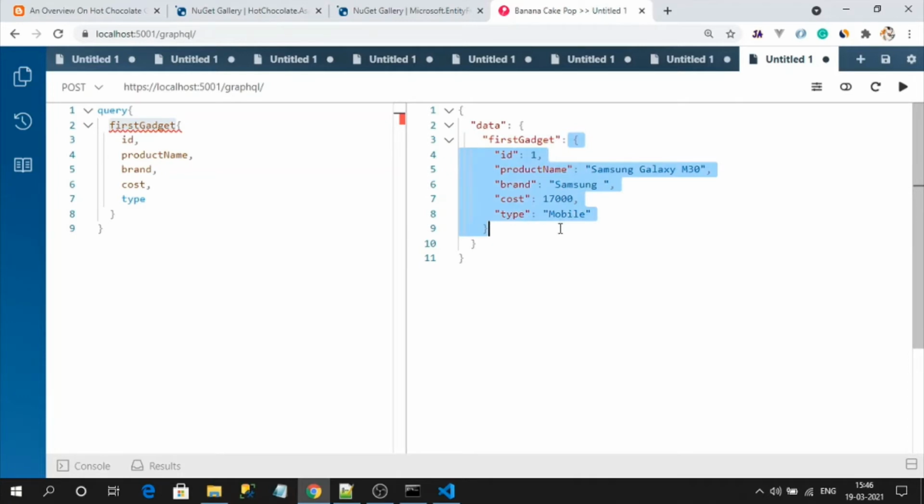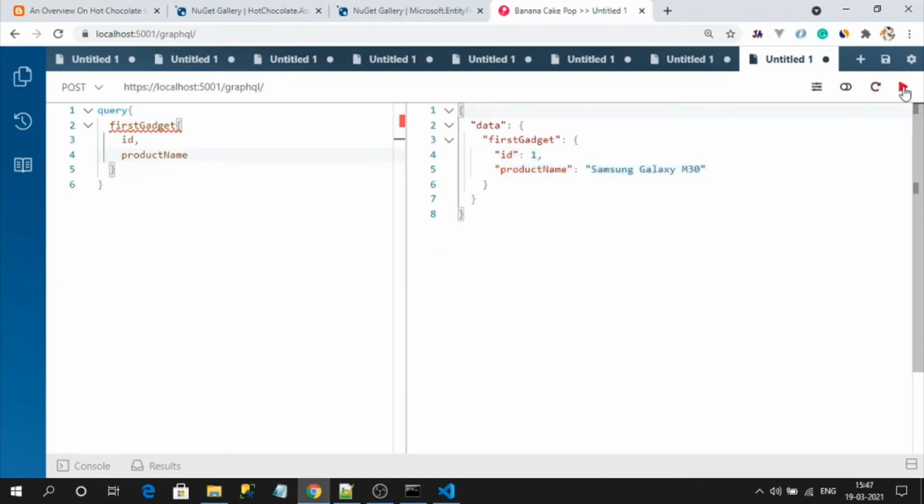Now the beauty of GraphQL is we can request only the required properties. The server will only return those properties requested by the client. To check that magic, just remove all these columns. We were getting all properties, right? Now see the magic, we are getting only two properties because we are requesting only two properties.